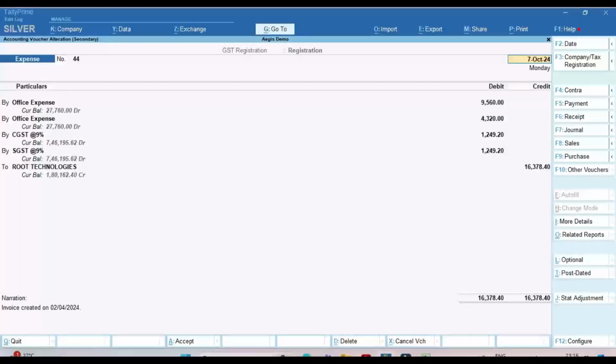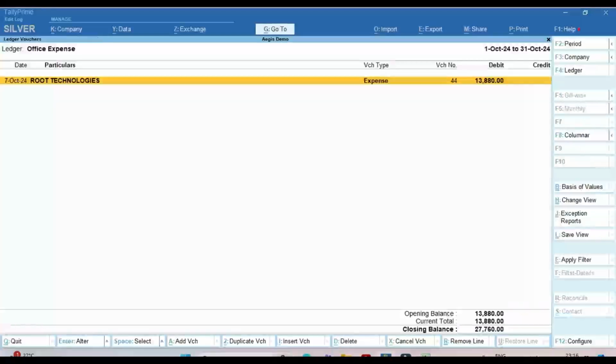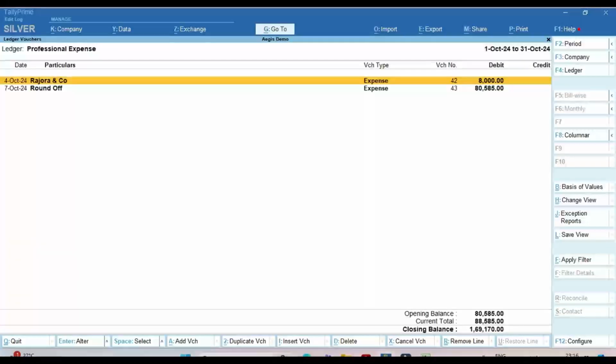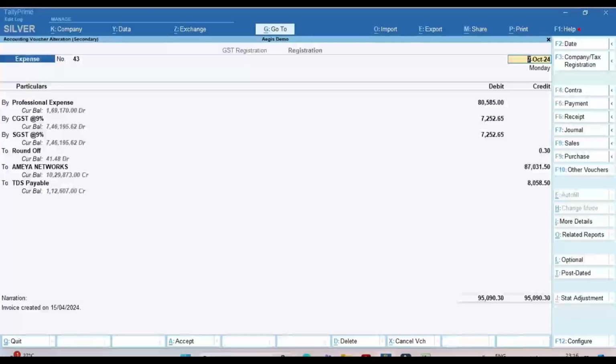And another expense detail invoice. We have another invoice with the TDS details also. Here you can see we have deducted TDS on the professional expense. We can take up the next batch if we have more invoices.